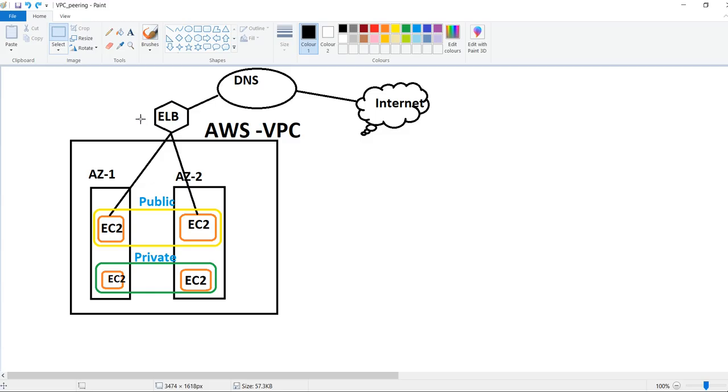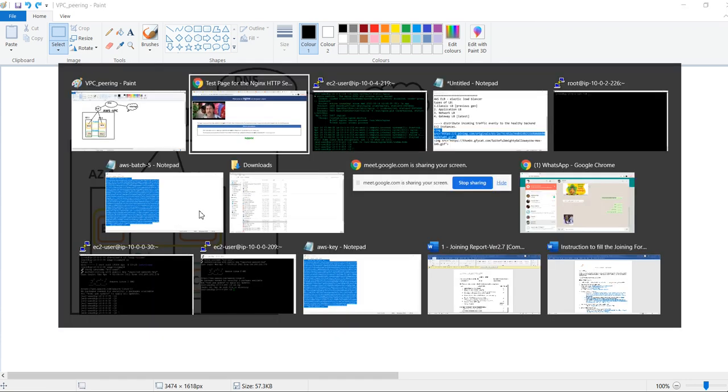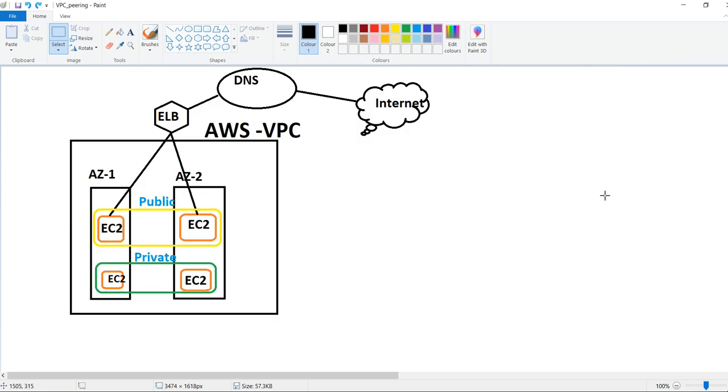First practice in a public environment, once or twice. To practice this, what do you need? You need a VPC and at least two public subnets and two private subnets. First you need to establish your VPC communication in both private and public, and test the connectivity between all the servers with the help of a NAT gateway. You also need to do that.